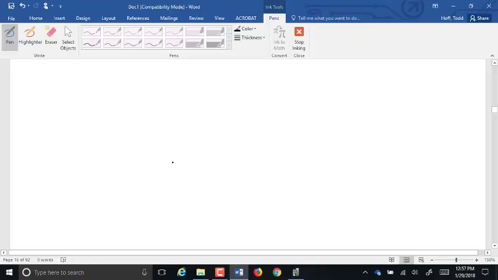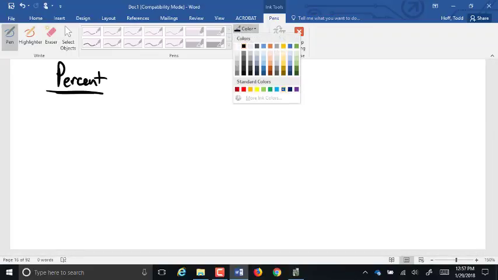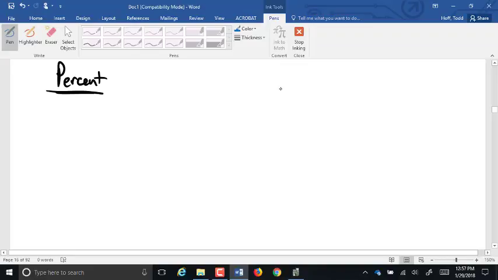Okay, so next I want to do a little bit of a review here on percent, because percents come up. Now I'm not going to take a lot of time to talk about converting percents. I'm just going to put some examples up here and see if you remember how to do it. If I give you